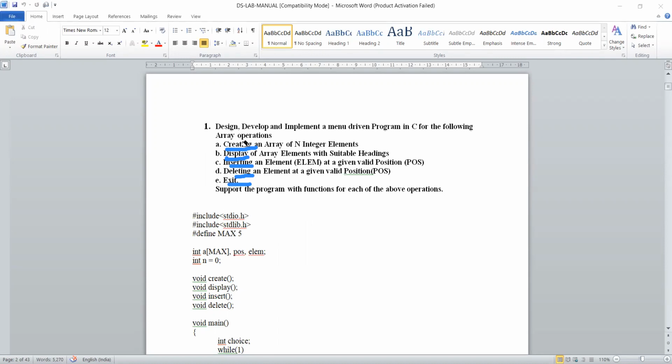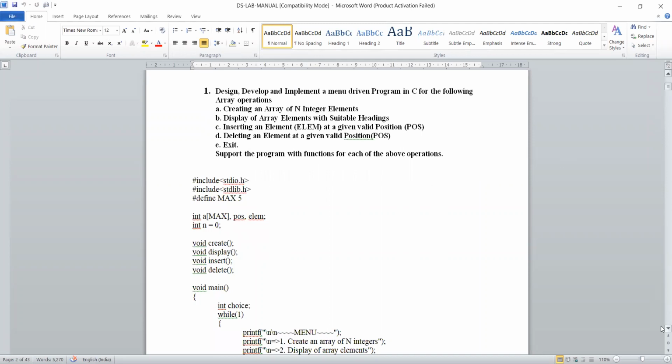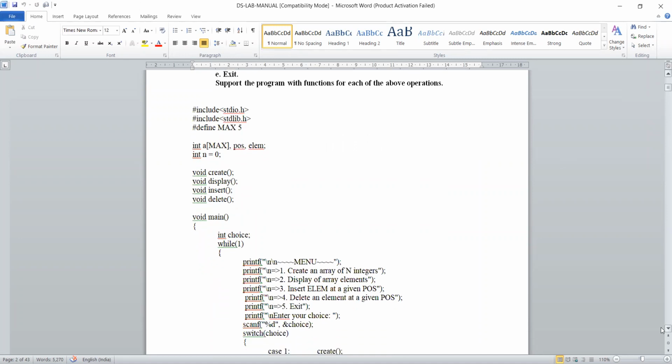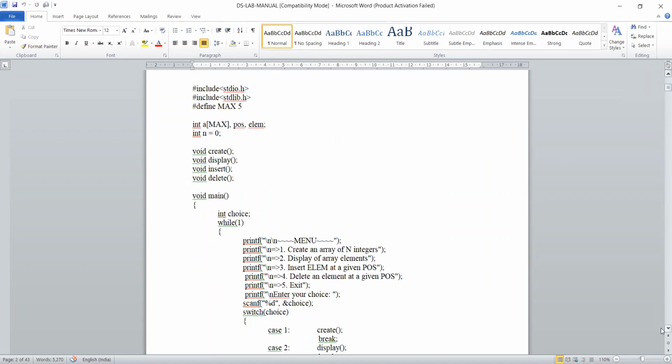So these are the 4 functions that we are going to see here in this program, and for each operation, one function we have to write. So just you can see how this program can be written. As I have already told you, this is a menu-driven program. We are writing a separate function for each of the operations, and all the functions whichever we are defining will be called in your main program. So main program holds only the functions, switch case mainly.